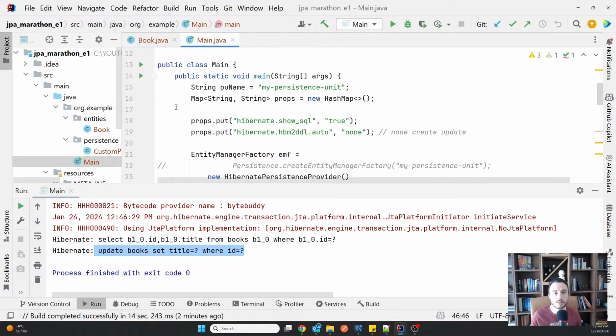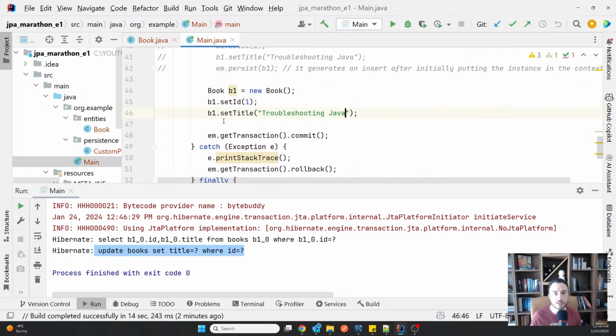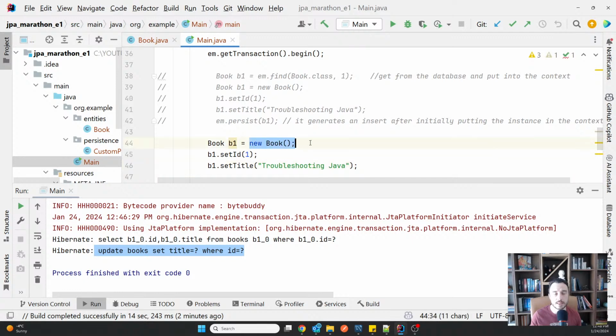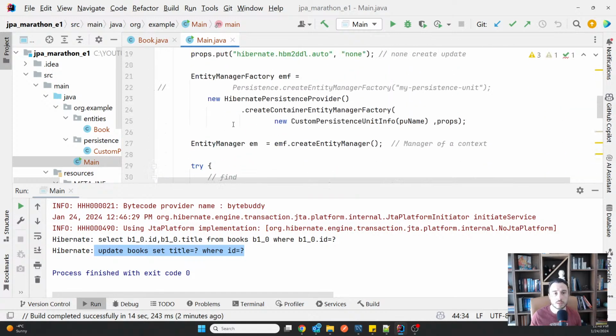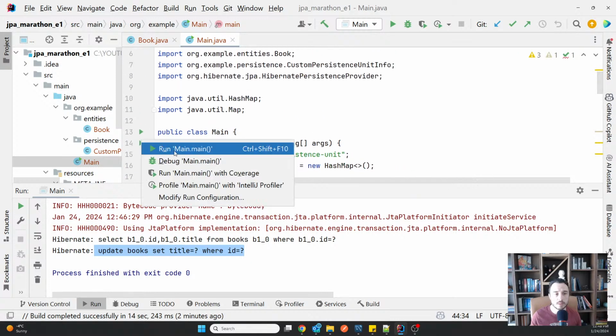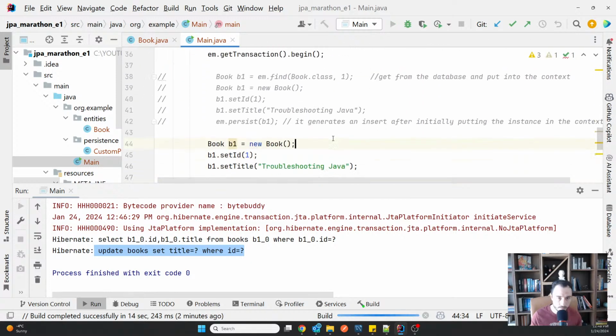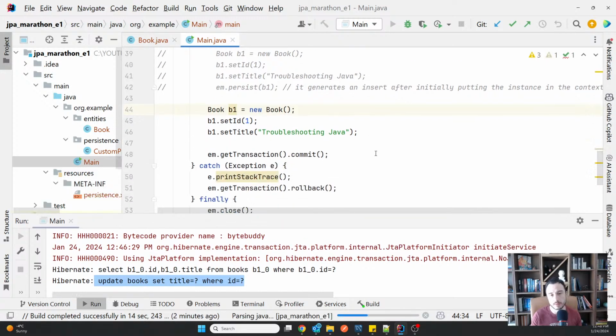This will actually do nothing. Why? Because instead of being an instance in the context, it's simply an instance that has been manually created by me here. So if I run it, I will not be able to see it in the database. Let's run it and see that this is indeed the case.